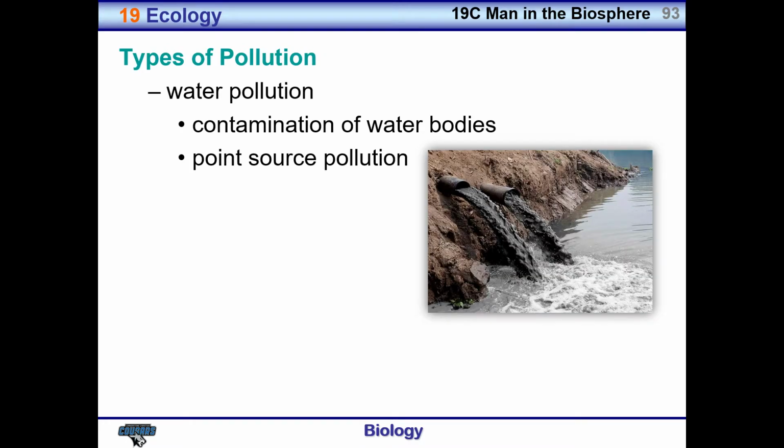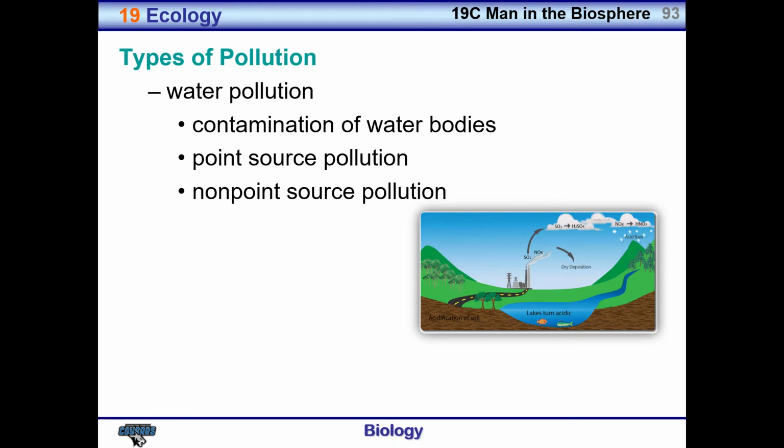So we have point source types of pollution, where here you can clearly see where the source of the pollution is, as this sewage is being dumped into a river or a stream. Then we also have non-point sources of pollution, where